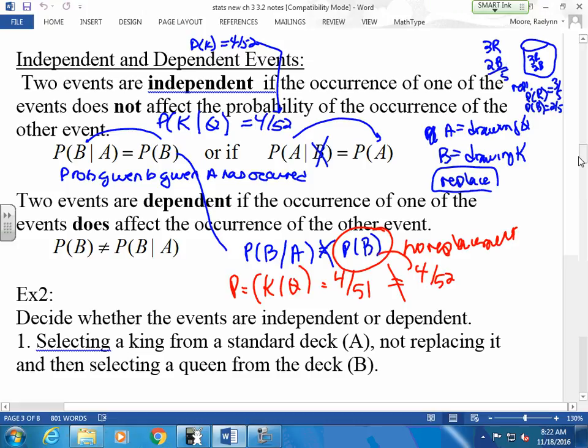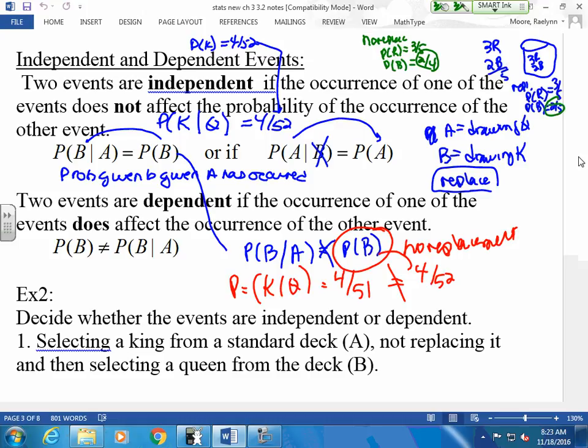Now, watch. If I do not replace, if I pull a red, what is the probability of a red? What is the probability of a blue? Oh, 2 out of 4. That changed, didn't it? Because that's the guy I did last. He depended on what happened first. Because I pulled it and I kept it in my hand.